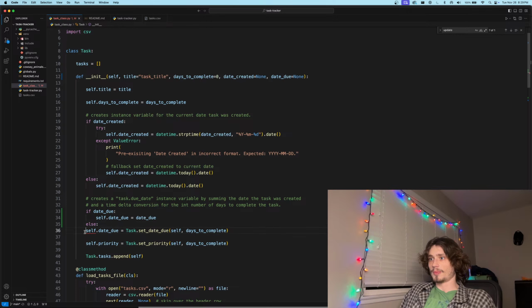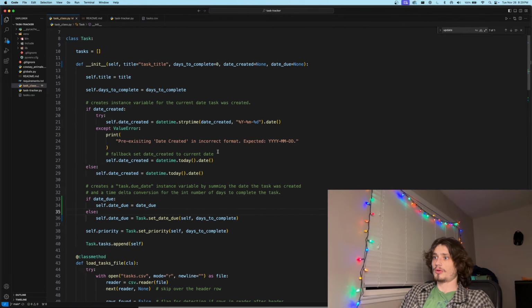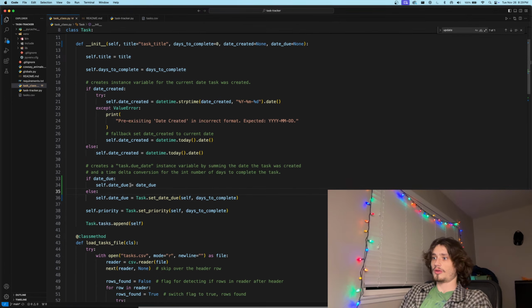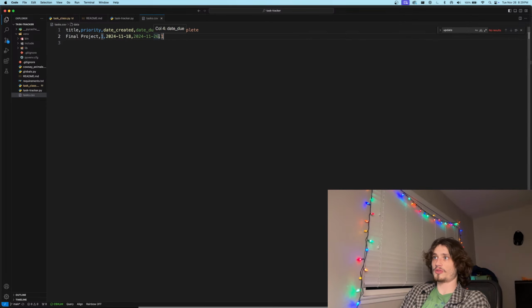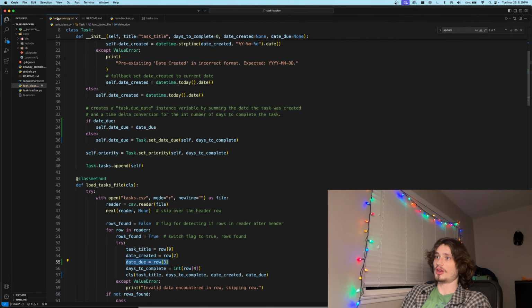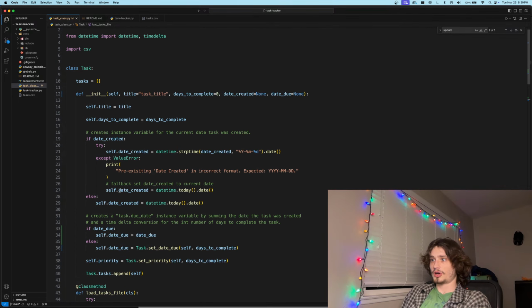Else this, right? So now if and when the tasks are loaded and read, it will read that the task already has a date due associated with it. It'll say, oh, this task has a date due on 11/26. Okay, knowing that, when I go to create it, this object right here,